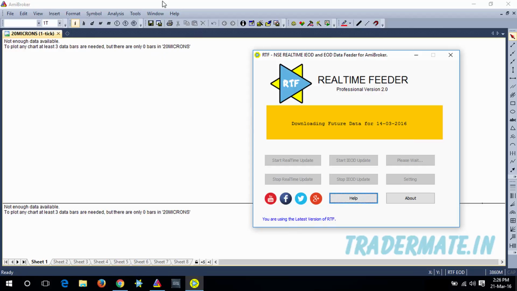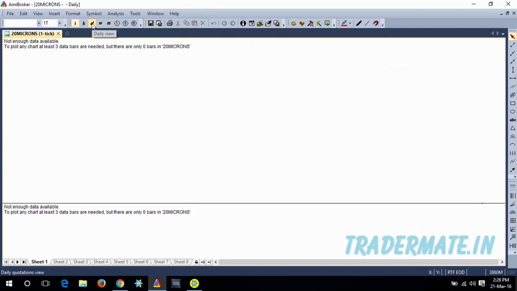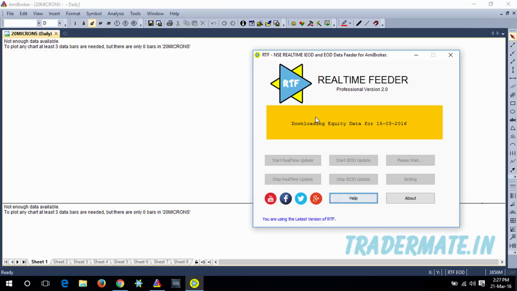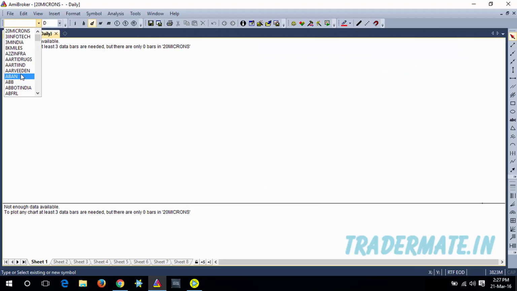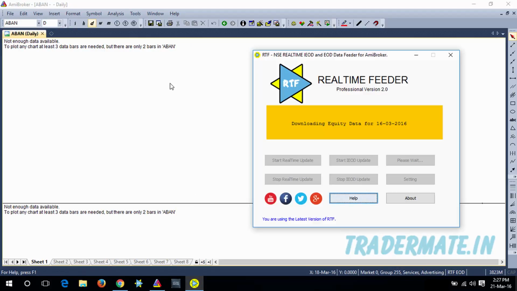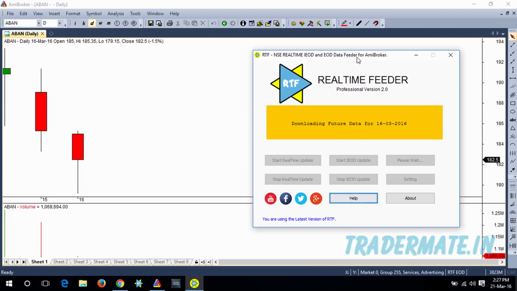Now here in AmiBroker, we're going to go for the day time interval, daily view. Once the real-time feeder downloads and updates 3 days of data, you will see the chart here. Actually, before this update, my database was completely empty. There weren't any symbols and there wasn't any data. Now it has successfully downloaded 2 days of data, and you can see we have some symbols. I can select ABAN, and you can see only 2 bars, because it has only downloaded 2 days of data. And now you can see our real-time feeder has successfully downloaded and updated 3 days of data,